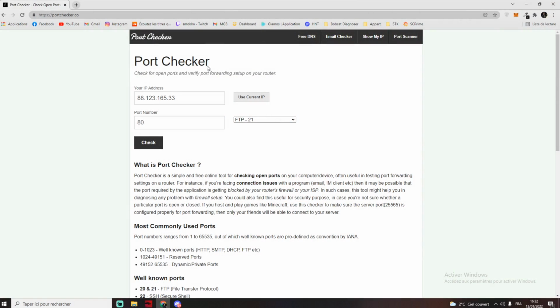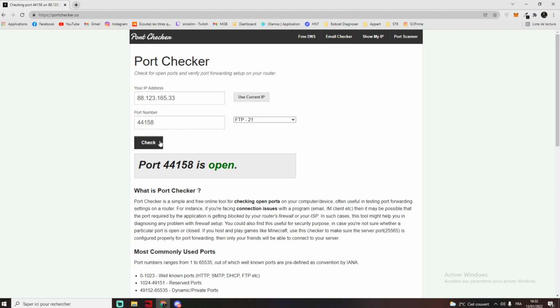In order to check if your hotspot is relayed, you can go to the app or the Explorer. You can also go on the website portchecker.co. On this website, you're going to click Use Current IP, input port number 44158, and click Check. If it's open, congratulations, you should not be relayed. But if it's closed, you're going to have to go into your router settings and set a port forwarding rule for your Helium miner for port